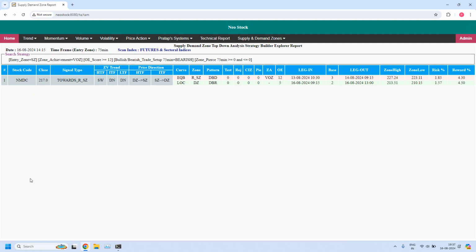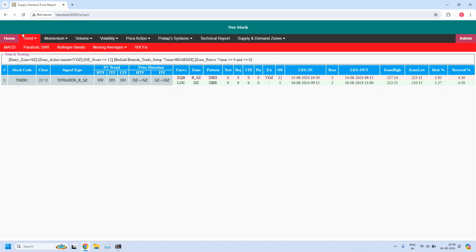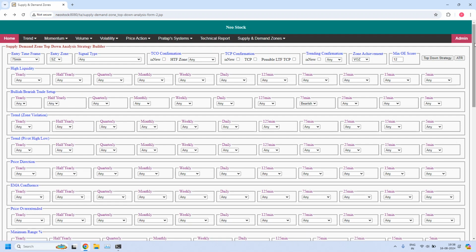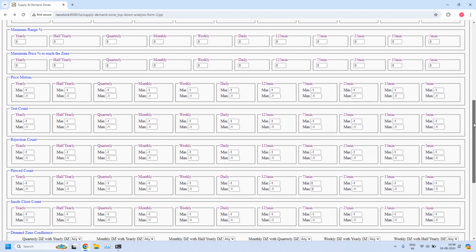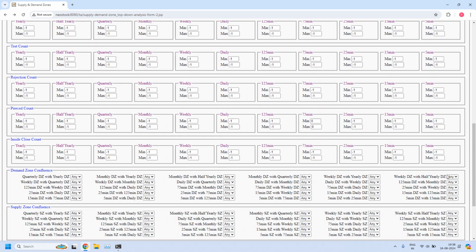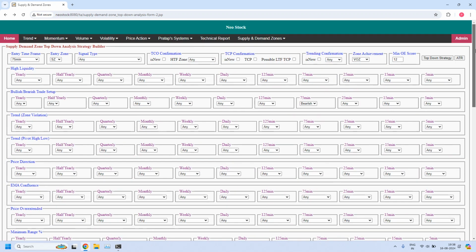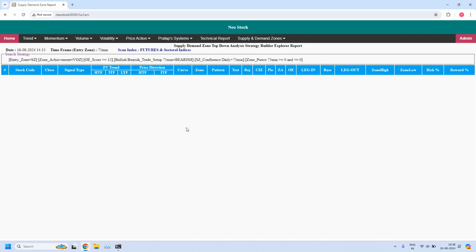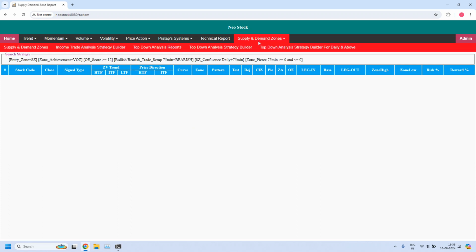Now let's verify whether this is having any confluence with ITF time frame. So that means 75 and daily confluence. Let's look for supply zone confluence. So 75 minutes supply zone with daily supply zone confluence enabled. Let's filter. No, that is not having any confluence, zone confluence. Okay, fine. The next report is